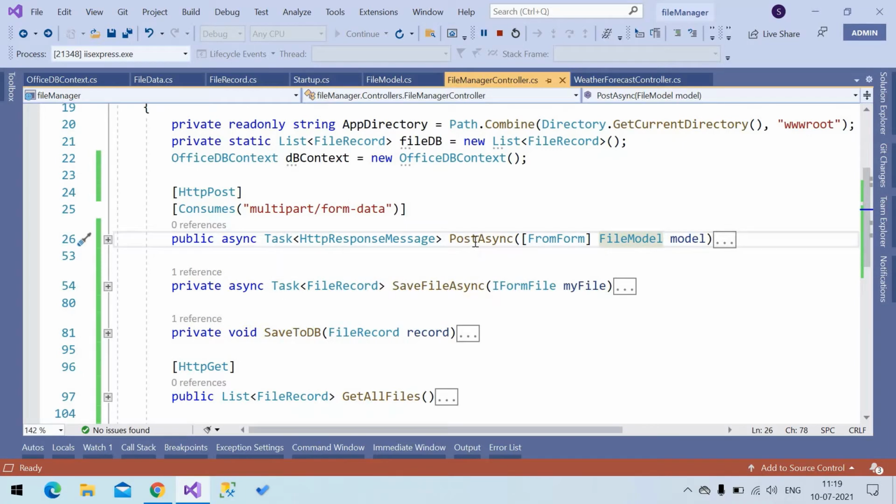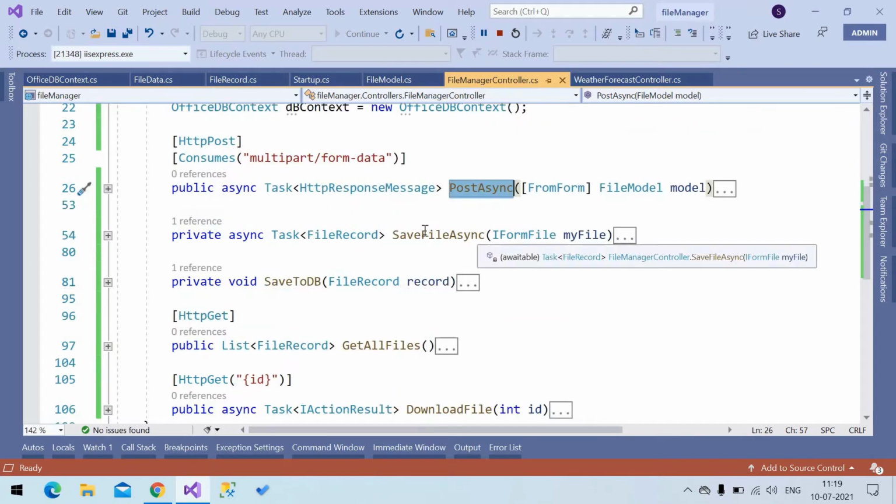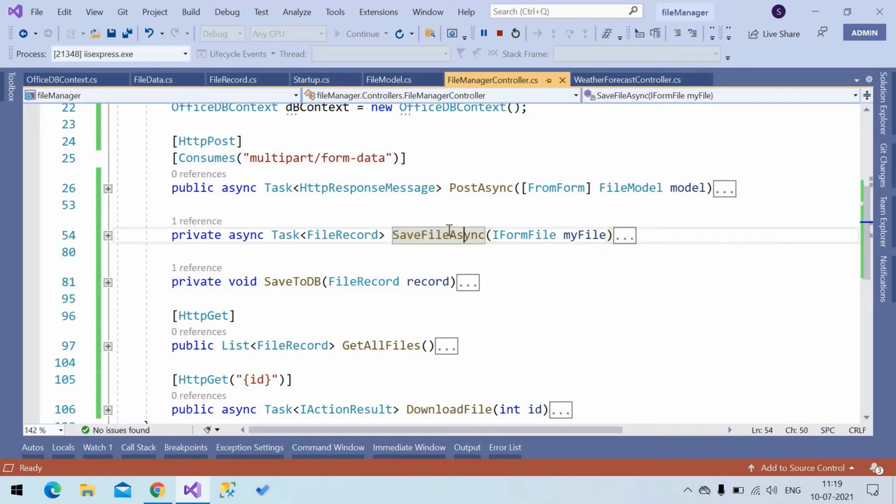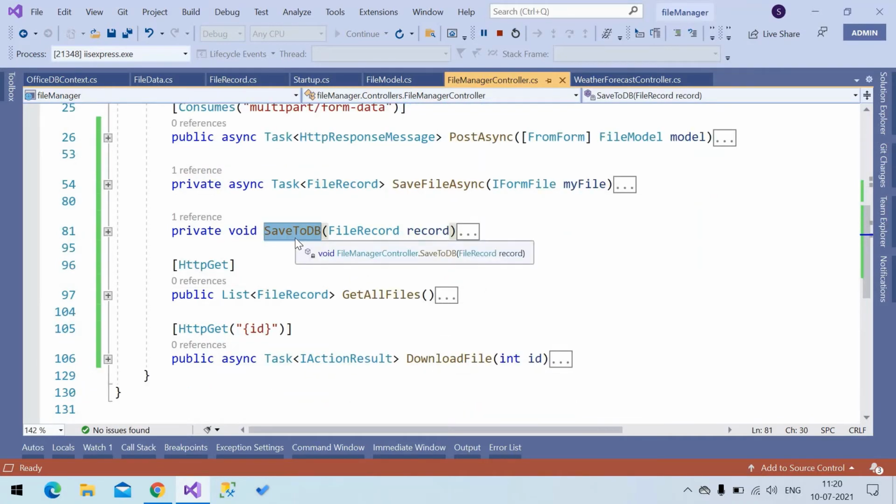And this is the post method which will receive the data from the Angular application. Inside this I'm calling the save file method, which will save the received file into my file directory. After storing the file into the directory, it will prepare the data to store inside a database. After saving the file into the folder, I return the file information and store that file information inside a database. After storing the data into the database, the file upload is completed.